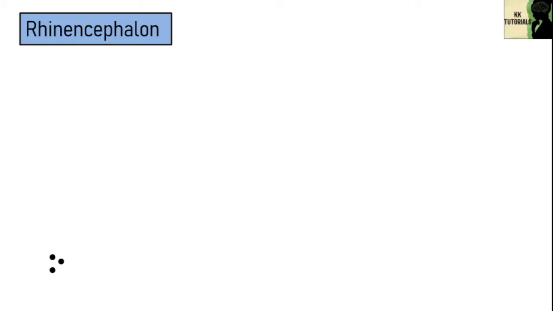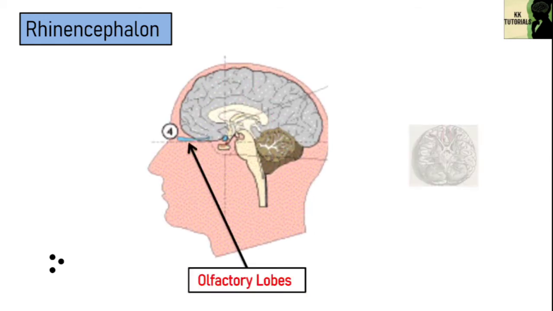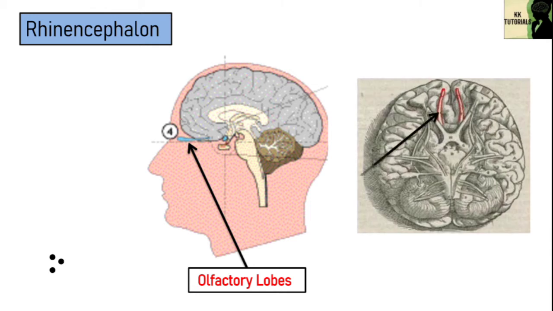Another part of forebrain is rhinencephalon, which consists of olfactory lobes. When you see the ventral side of brain, it is present over here. The olfactory lobe is a pair of lobes at the anterior end of the cerebrum, that is at the front of the brain. They are highly reduced in human brain and covered by cerebrum from all sides except ventral side. Each lobe consists of olfactory peduncle and olfactory bulb. The olfactory lobe is concerned with the sense of odor, that is, sense of smell. This part of the brain receives sensations of smell.